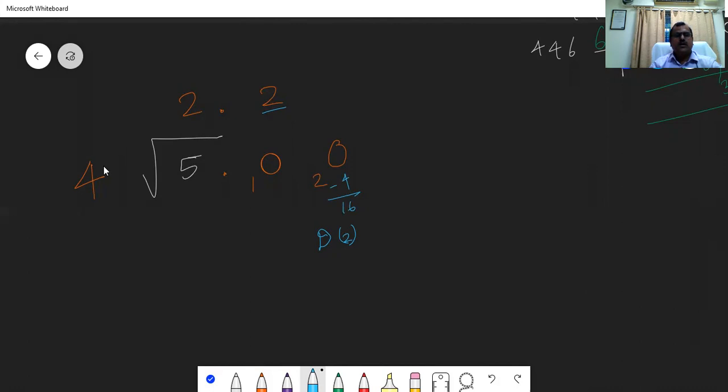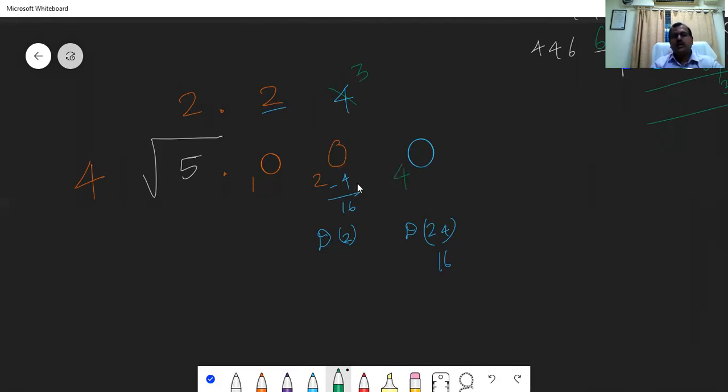16 you can divide by 4. How many 4s are there in 16? 4. But when you come to next part, 2 4 we can't subtract, correct? 2 4s are 8. 8 4s are 32, 16. We can't subtract 16 from 0. So this is 3. Now 16 divided by 4. 3 4s are 12. Balance 4, 40.